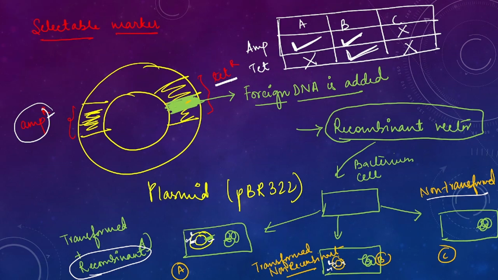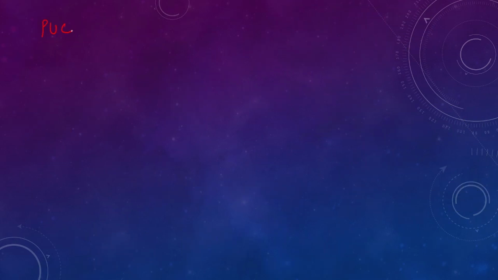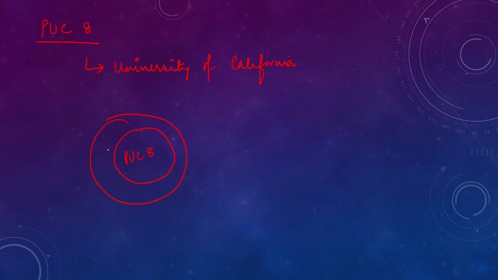Yes, that is the cloning sites and the selectable marker of a vector. Right? Let's see one case of plasmid pUC8. What is pUC? Here p stands for plasmid, UC stands for University of California. Here what is happening? If we draw the pUC8 plasmid, we have two genes here. One part is, suppose, ampicillin resistant. This part is, suppose, ampicillin resistant. And this part